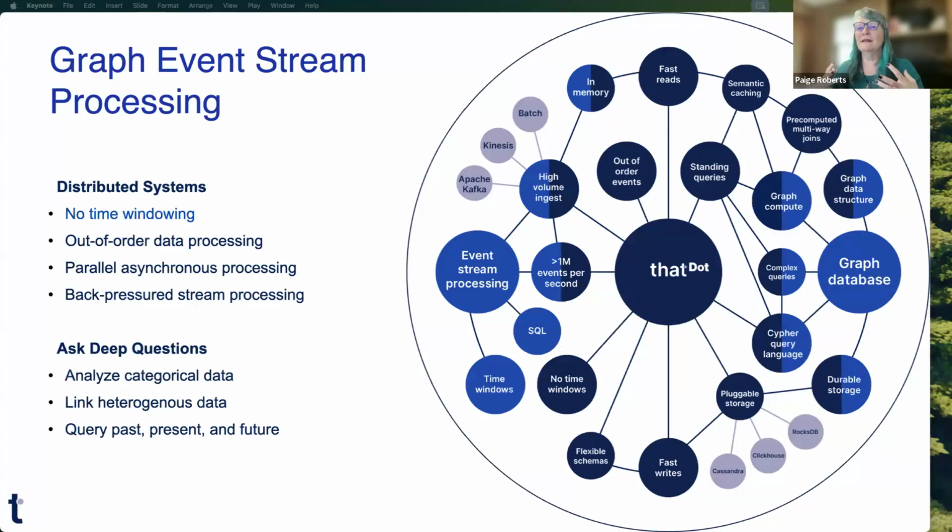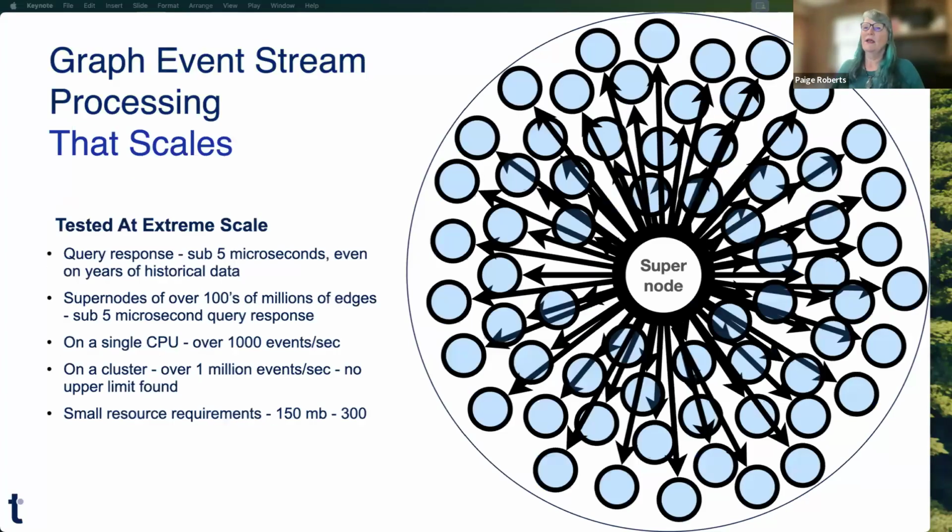We can find those patterns in the data, no matter how scattered they are. Now, one of the things that is a problem with graph technology is scaling it. And the big problem, the Achilles heel of graph, is supernodes. So if I expect most nodes to have about 100 to 300 edges, and I have one that has 10 million, it's very hard for me to then distribute that across a cluster.